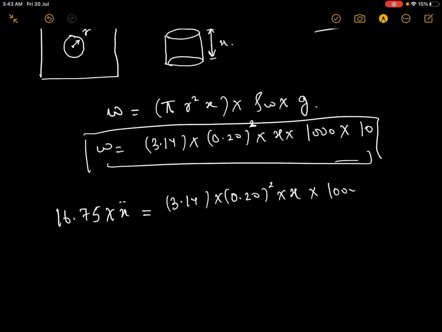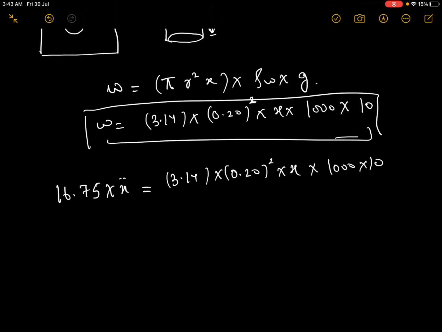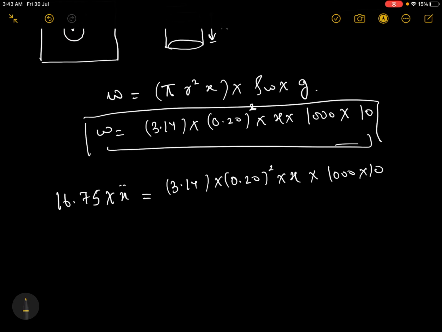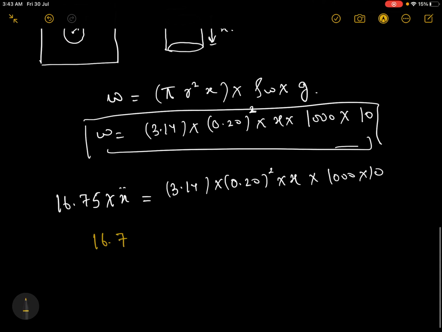Now if we simplify this, we'll get around 16.75 x double dot will be equal to